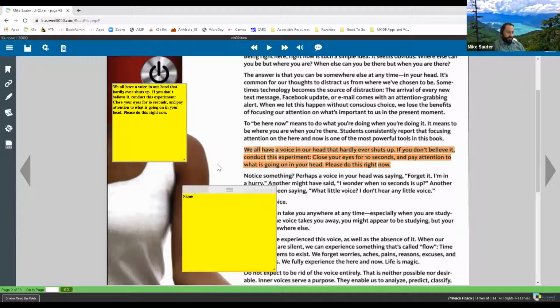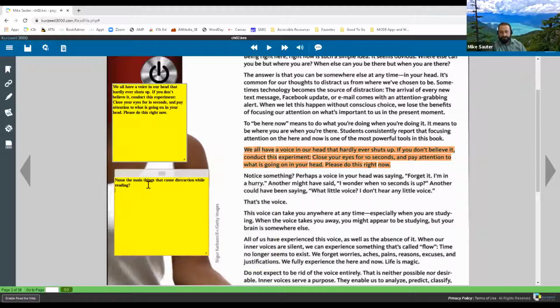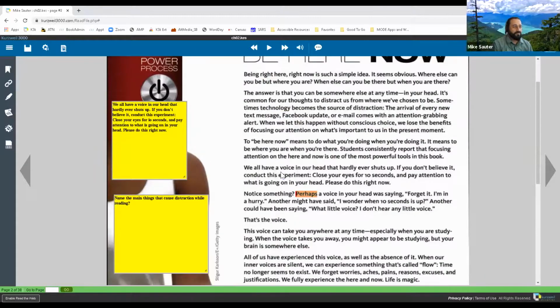So let's say the question is, name the main things that cause distraction while reading. So the instructor has given you a prompt. Name the main things that cause distraction while reading. Again, Kurzweil will read it out loud. And then as we go through the reading,